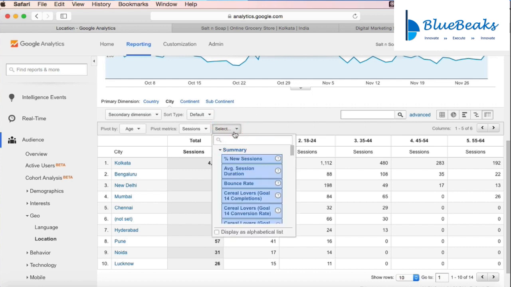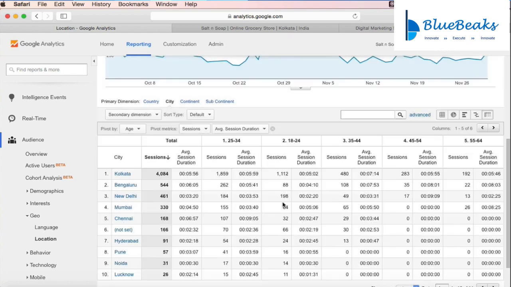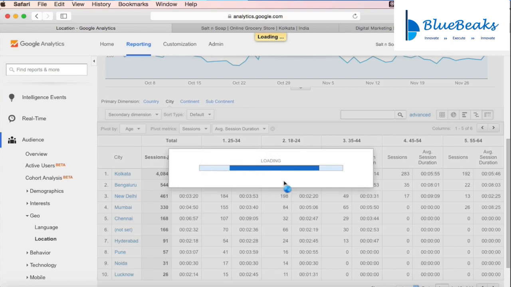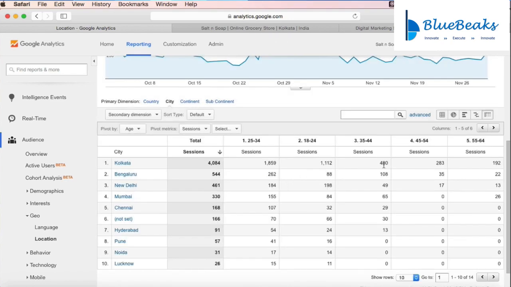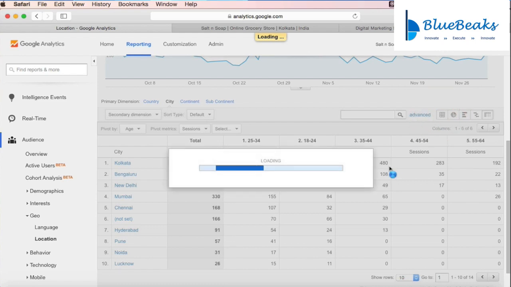metrics. I can select up to 2 metrics for the pivot. For example, one may be the session, and the other may be the average session duration. So I can see for Kolkata 25 to 34, the total number of sessions is 1,859, and the average session duration is 5 minutes 59 seconds. Okay, so I'll remove this for the time being. Okay, so we'll go back to the tabular form, and